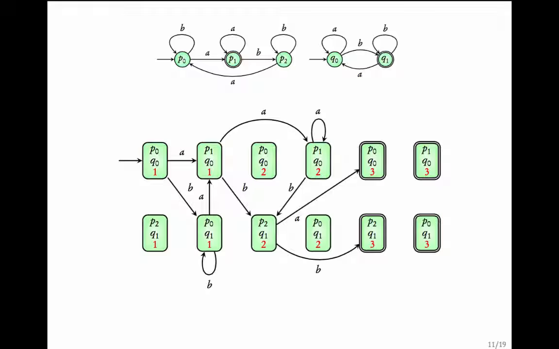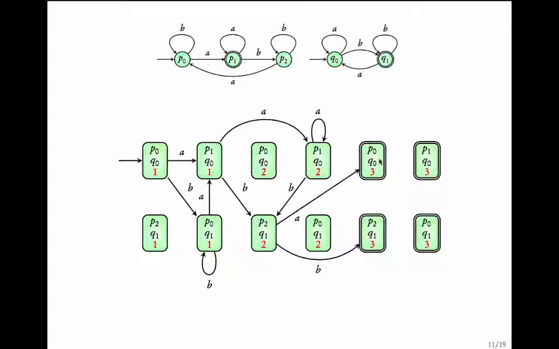Essentially, we are trying to track the runs of both the automata by doing this product, and additionally this flag is there to track the fact that both the accepting state of 1 as well as the accepting state of 2 have been seen. And for doing that, whenever the top component is an accepting state and we are here, we move to a state where 1 becomes 2. Similarly, when we are in 2 and the second component is an accepting state, we move to 3. At 3, you always get back to 1 so that this can be cycled.